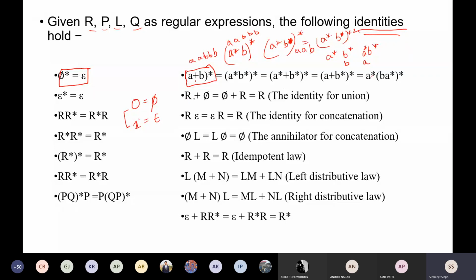So regular expression plus phi, that is r plus 0. It can also be written as 0 plus phi plus r, so the expression can be interchanged, and it is equal to r. If you consider phi as 0, it is fairly easy: 0 plus r is r. In the same way, if you consider epsilon as 1, it is like multiplying 1 with r. So r into 1 equals 1 into r, which is also equal to r.